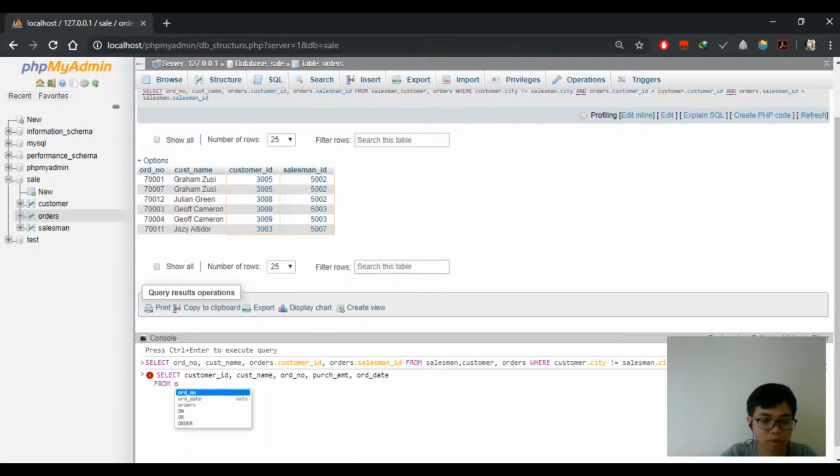From order number, from the orders and customer table, where the order's customer ID equals customer.customer ID. This is the statement where we link both tables together,